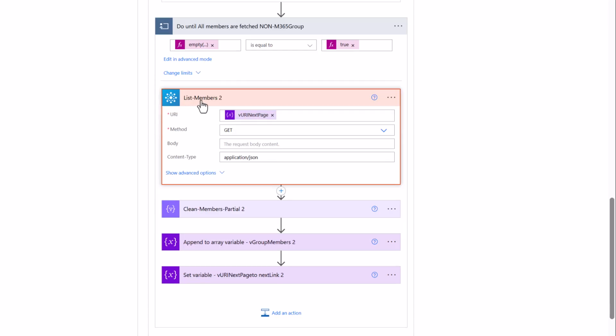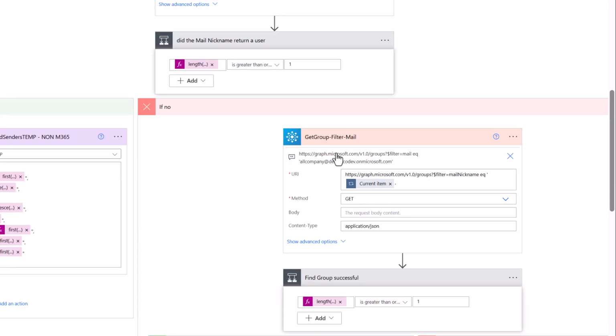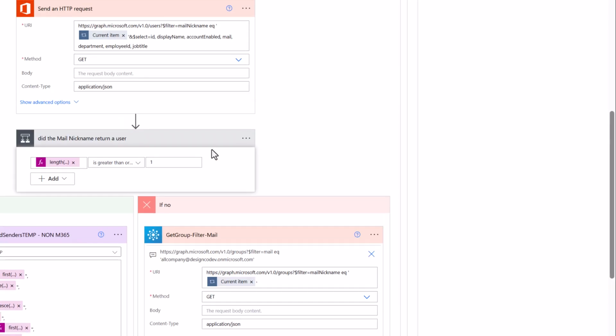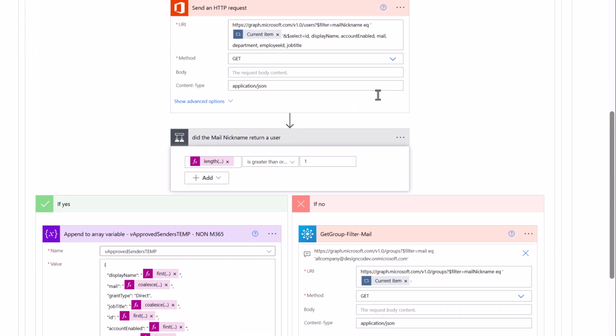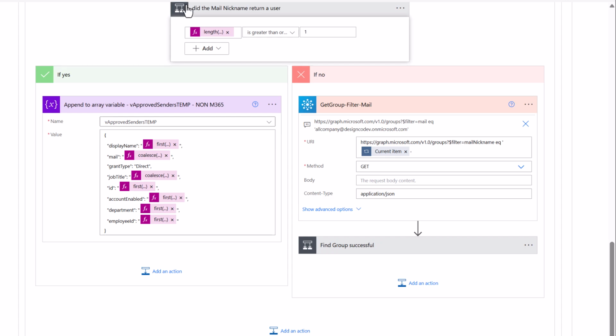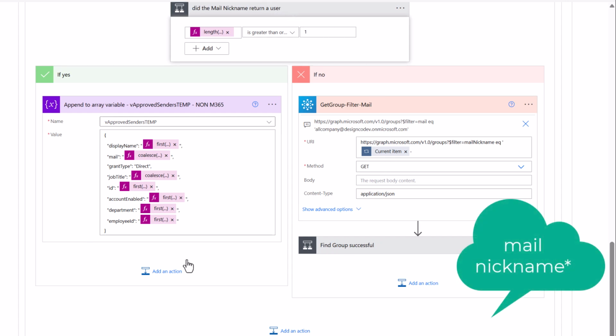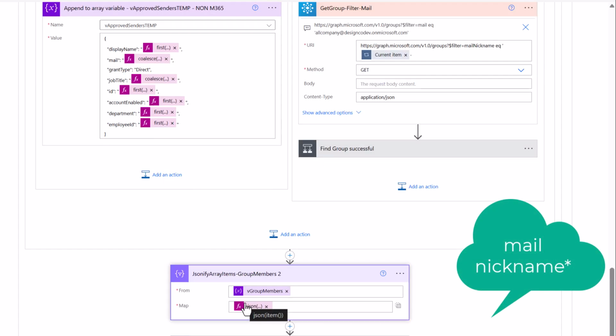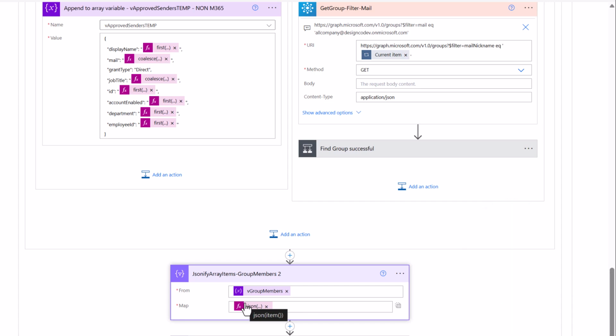After grabbing all the members for this group, we're going to collapse this. Just remember, this whole thing is for each mail nickname. So that is everything inside that applies to each. And then after each UPN has gone through its process, we are going to JSONify the group members again,